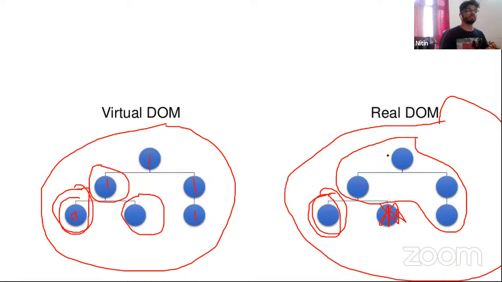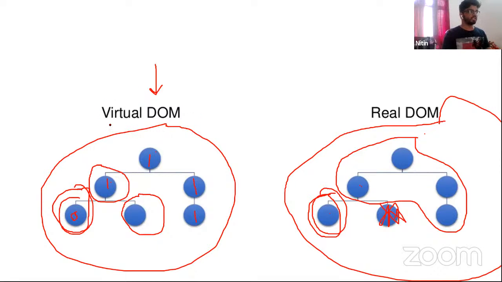This is happening directly on the browser. Whatever the browser displays, this is happening in the memory that your tab is accessing. If you know, every tab has a memory that it takes from the system. So the virtual DOM will be stored in the memory, and it will be very fast to update this compared to this thing. So what React does, whenever a change happens, it will update the virtual DOM first, and when